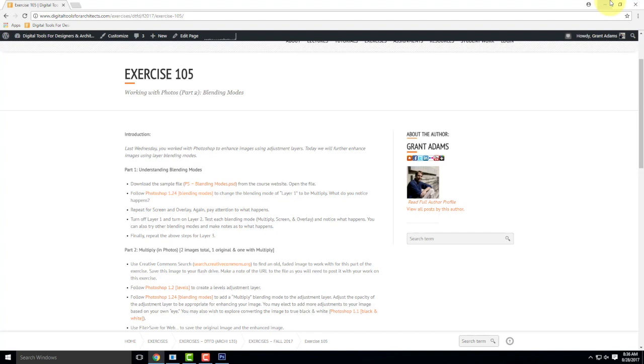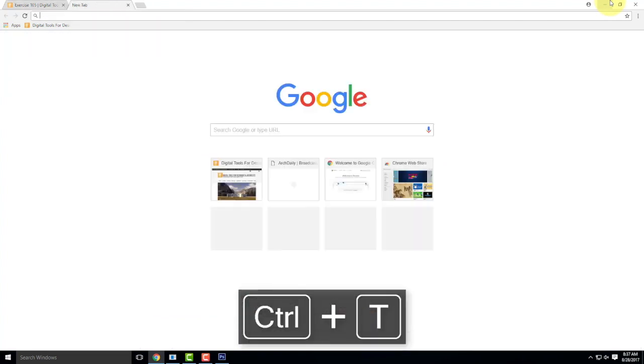So when we move into part 2, I'm going to work with the multiply blending mode. And in this context, the best kind of image for me to use is something that's kind of an old faded image, because I'm going to try to enhance that old faded image. So I'm not suspecting that you took a photo that's old and faded. We're going to go find one. And I'm going to do that by going to the Creative Commons search. So I'll do